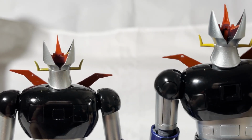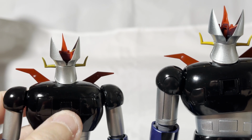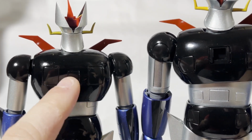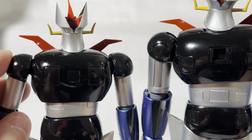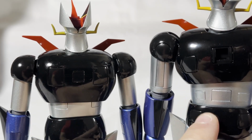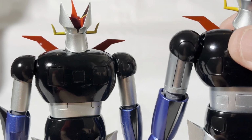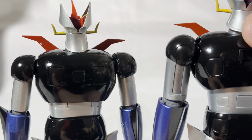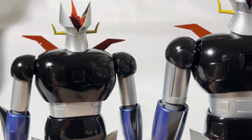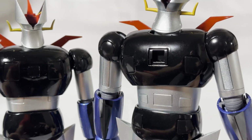From behind, here we have the connector for the wings. Here you can hide it. The panel is very visible, unfortunately. I think it is one of the issues for this model. You know, you've done it on the previous model, why don't you do it also on this one here? Anyway, you can see very well